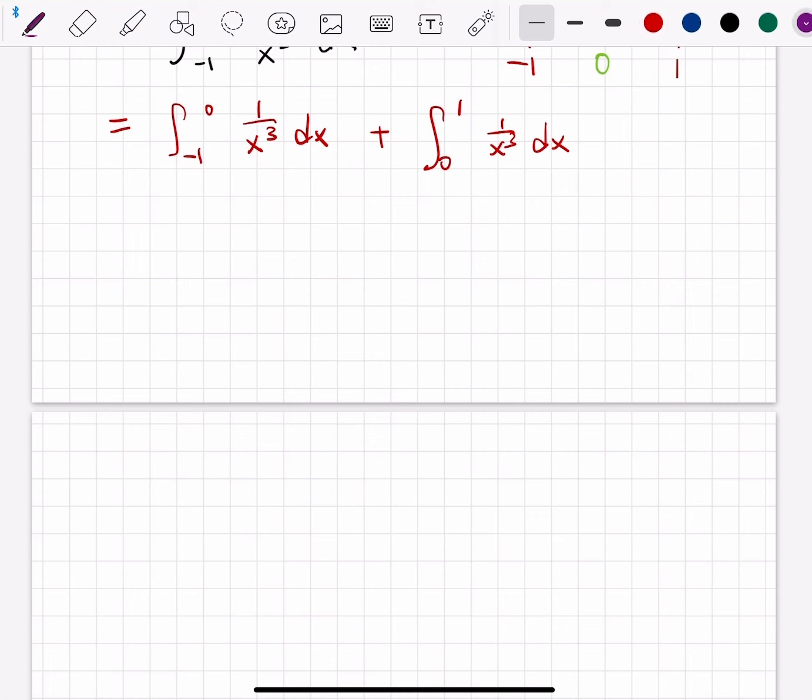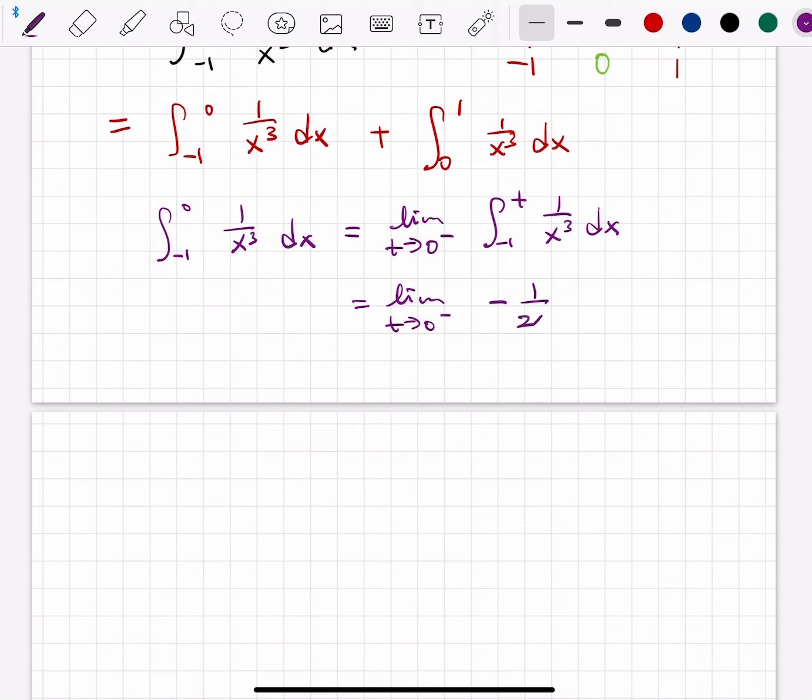So the first part is going to be the integral from negative 1 to 0 of 1 over x cubed dx, which is going to be the limit as t goes to 0 from the left side of the integral from negative 1 to t of 1 over x cubed dx, which is going to be